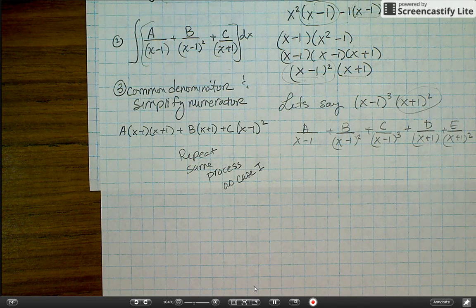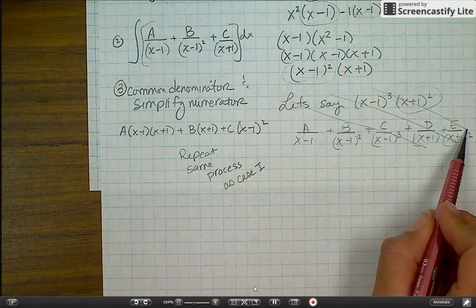Wouldn't the c need x minus 1 cubed? No, that's a different problem. That's like if we